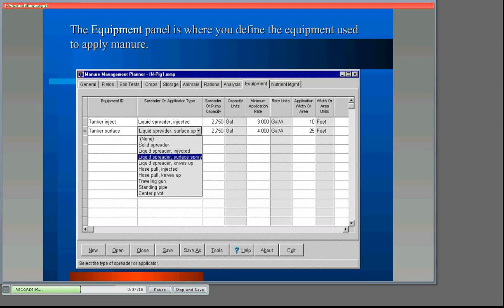We then have the equipment sheet. This refers to your manure application